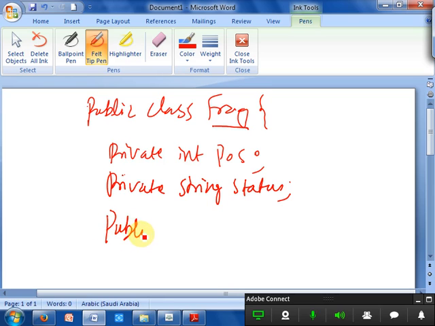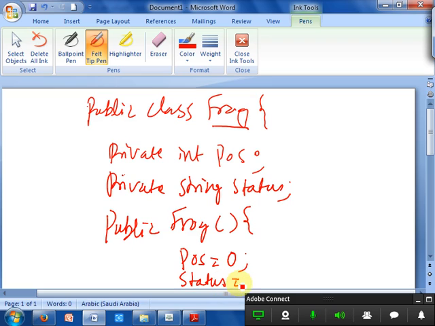So a public frog, no arguments, open the bracket, position is equal to the position of the frog. Let us say it is 0, and status is equal to, let us say, null. It can be any default value, and close the